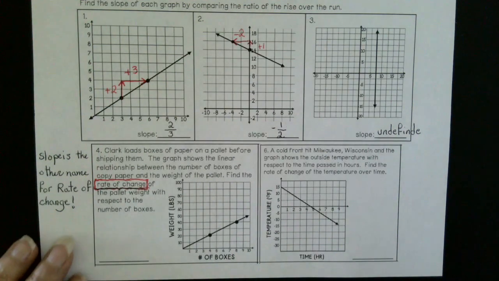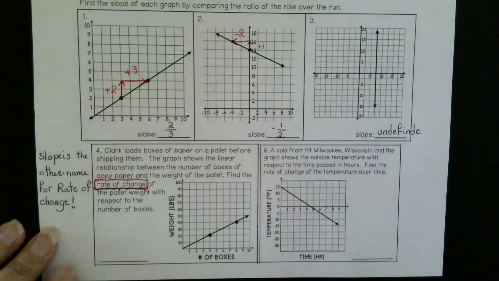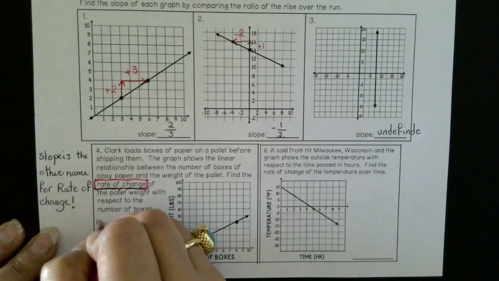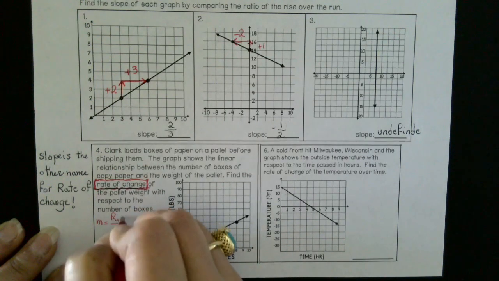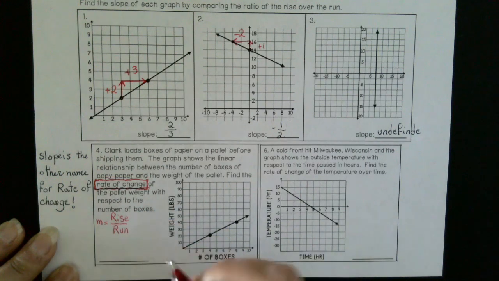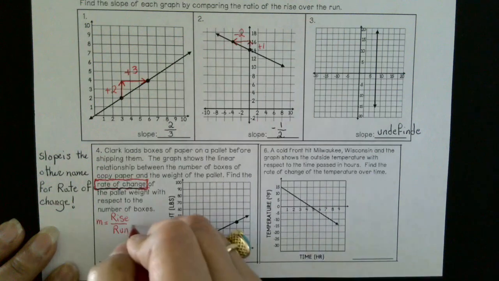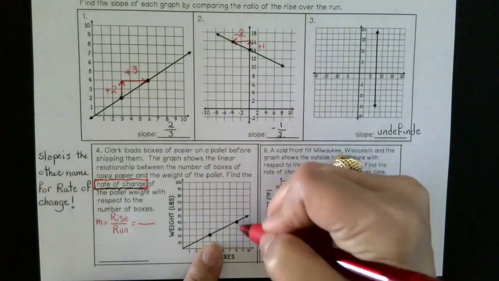So, for finding the slope, we're going to say again, m equals rise over run. Let's find it. We have 2 points already